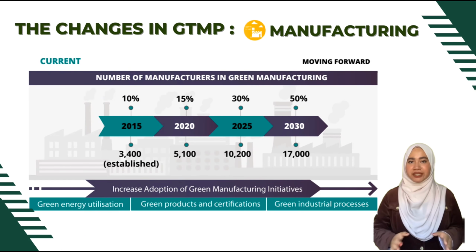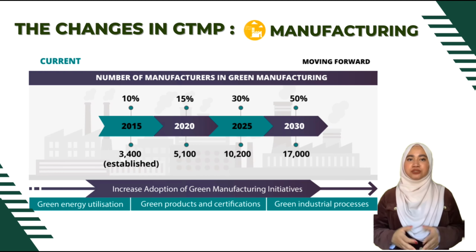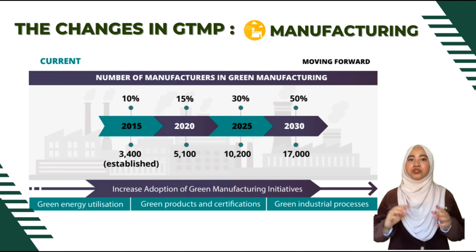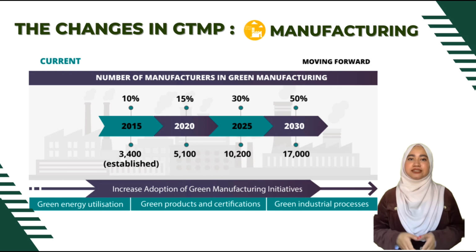The last change made by the government in the GTMP was the addition of manufacturing to this sector. The government introduced this sector because the overall adoption of green manufacturing practice is still very low in the manufacturing sector. So manufacturers can use green technology in their business strategy in 2 different ways, either building a new green business or using technology to green their existing business.